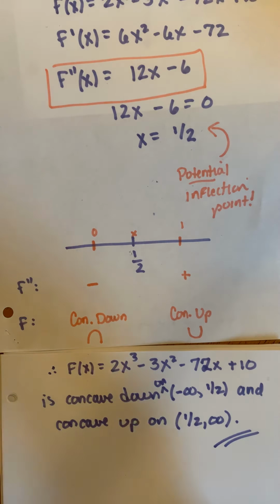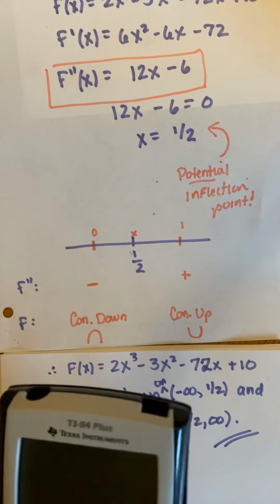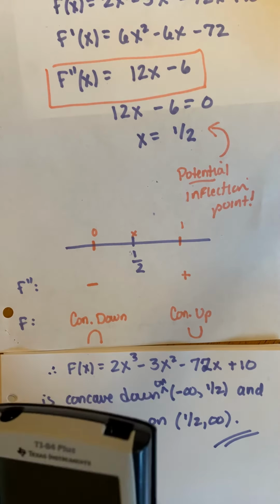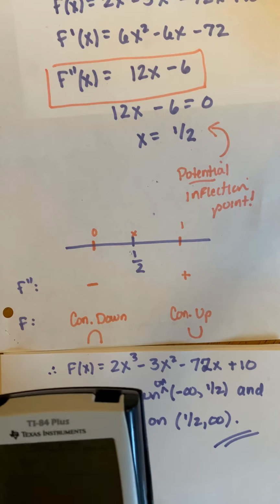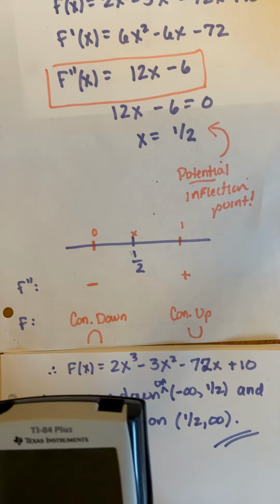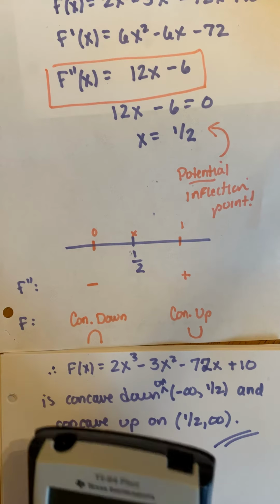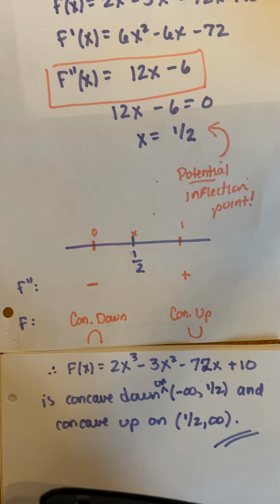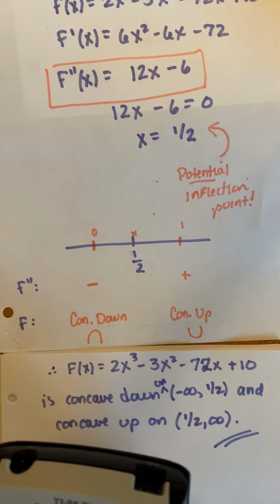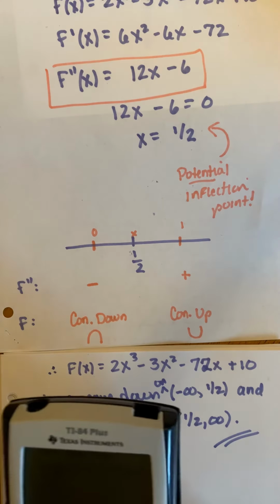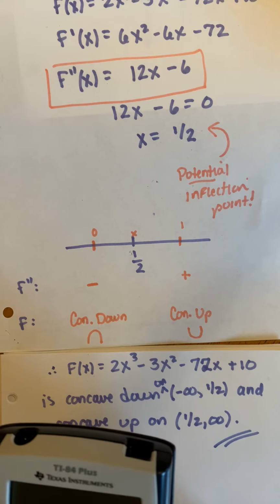So if we, again, look at the graph of this, let's take a minute and pop this into our calculator. Y equals 2x cubed. This might come out kind of funky. Let's see how much of this we can see without adjusting our windows. Minus 72x, that's going to be kind of big. Minus 10. Delete, oops. Sorry. 72x plus,